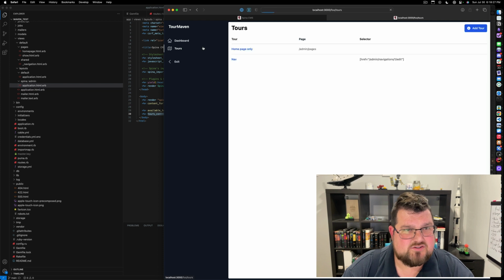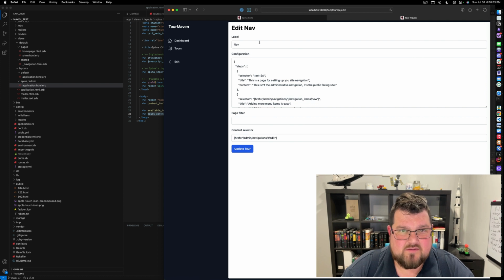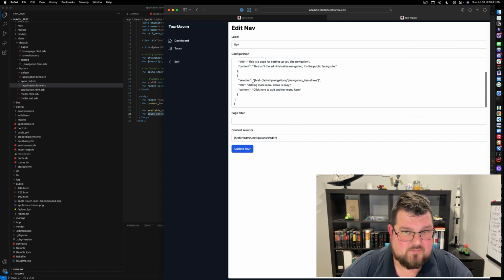The big thing is the tour section. So in here we can create new tours, but I'll just hop into, for example, the nav one here. In here we can give it a label, we can give it our configuration. For this, I'm using Tour Guide JS, and this is their way of doing JavaScript